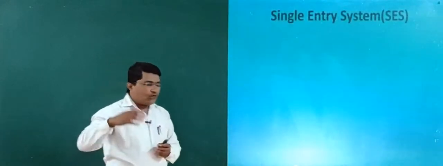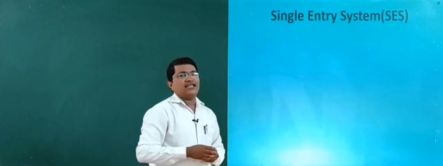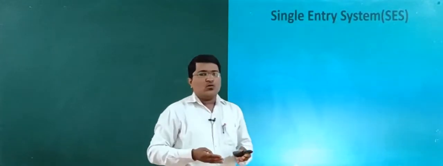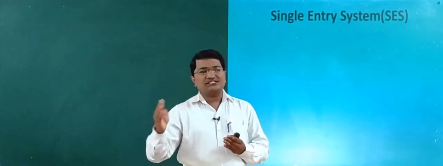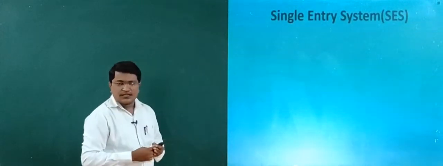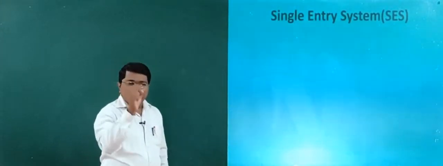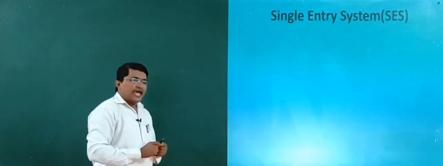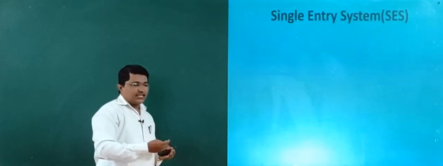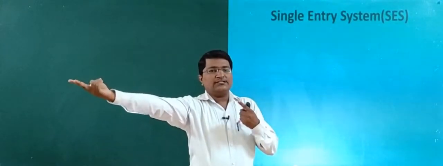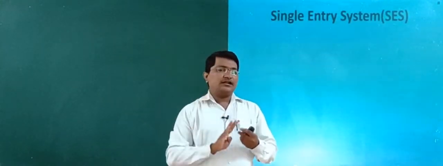First of all, before we go for conversion, let us know the meaning of single entry system. Some of you know what is meant by single entry system because you already studied it at PUC first year level. The name itself suggests single entry system. As you know from the PUC first year, journal entry means one transaction gives two entries, one is a debit entry and one is a credit entry.